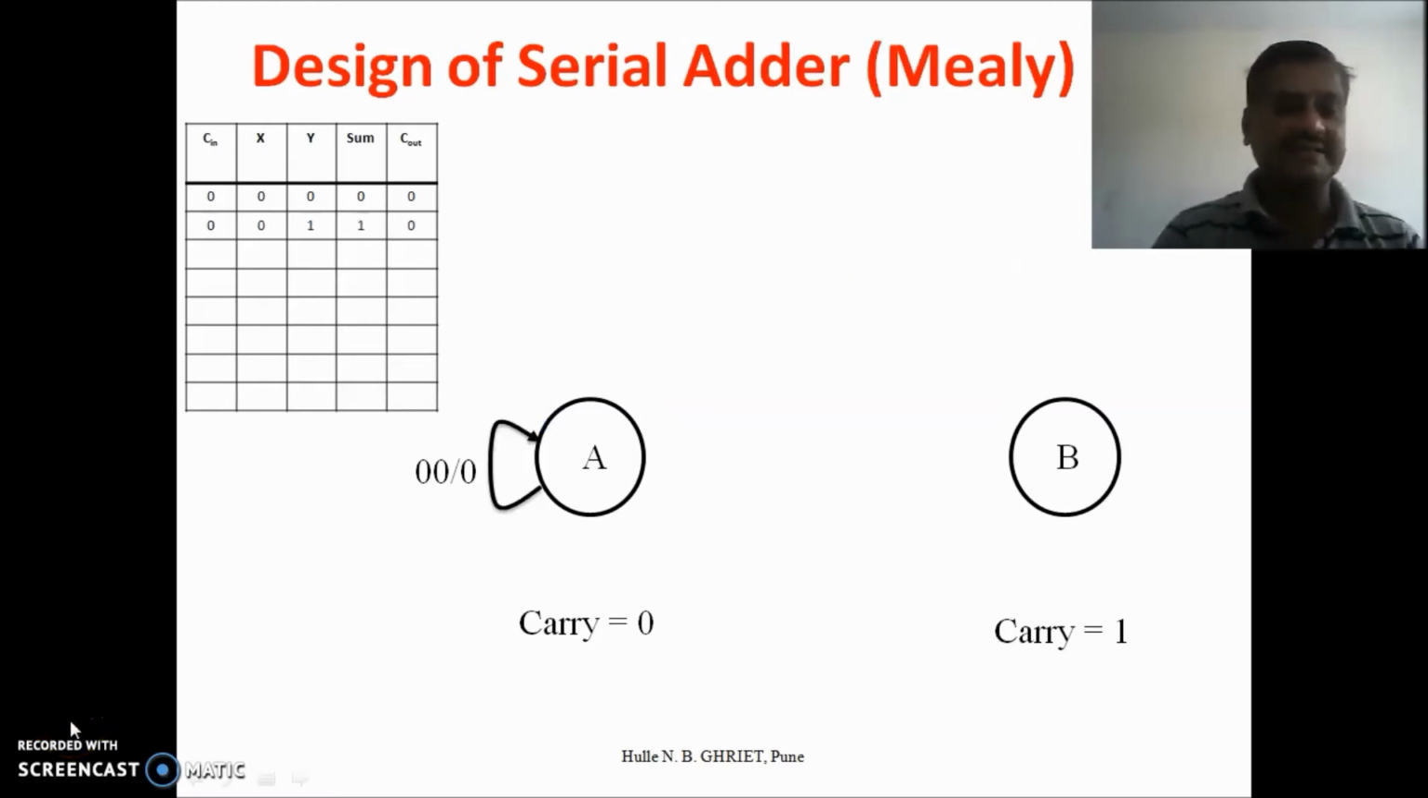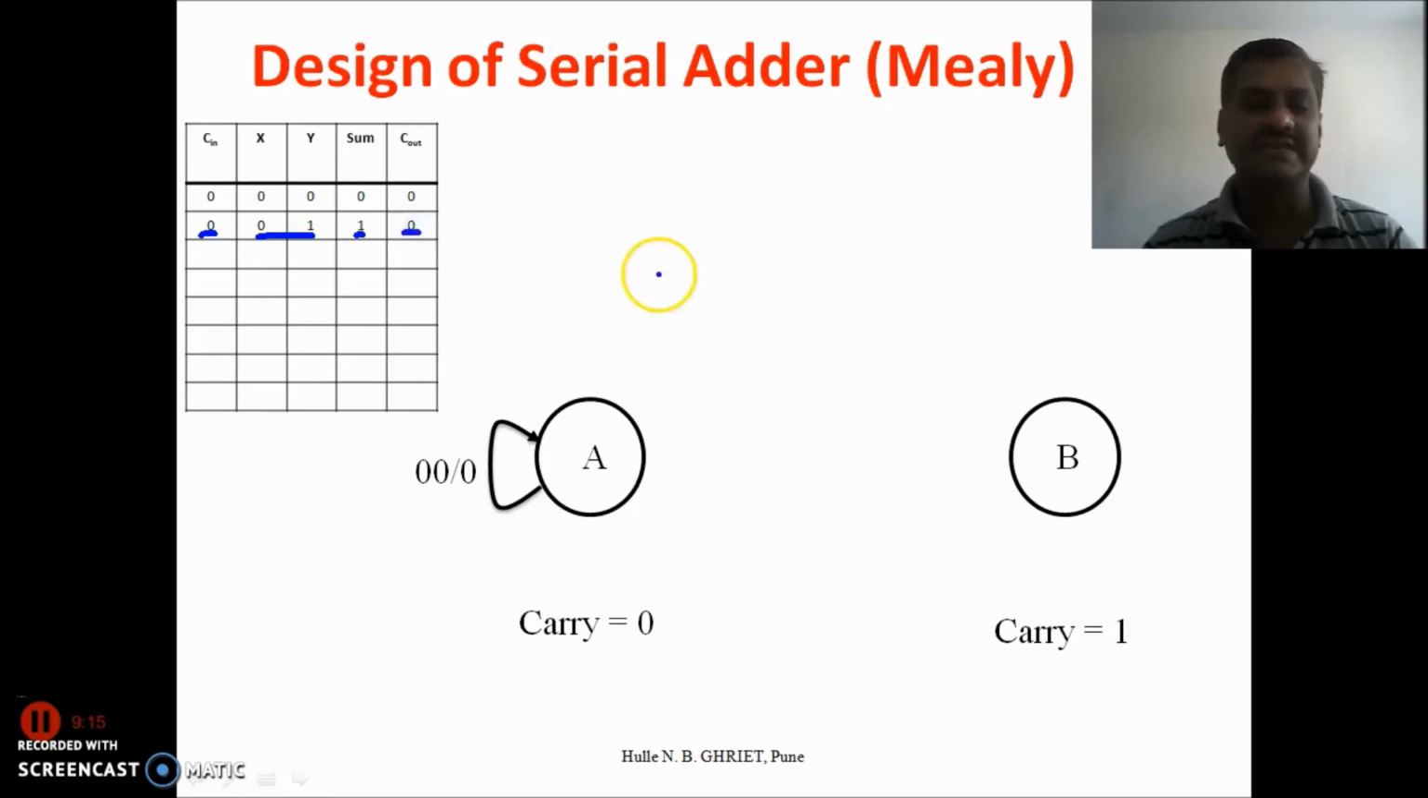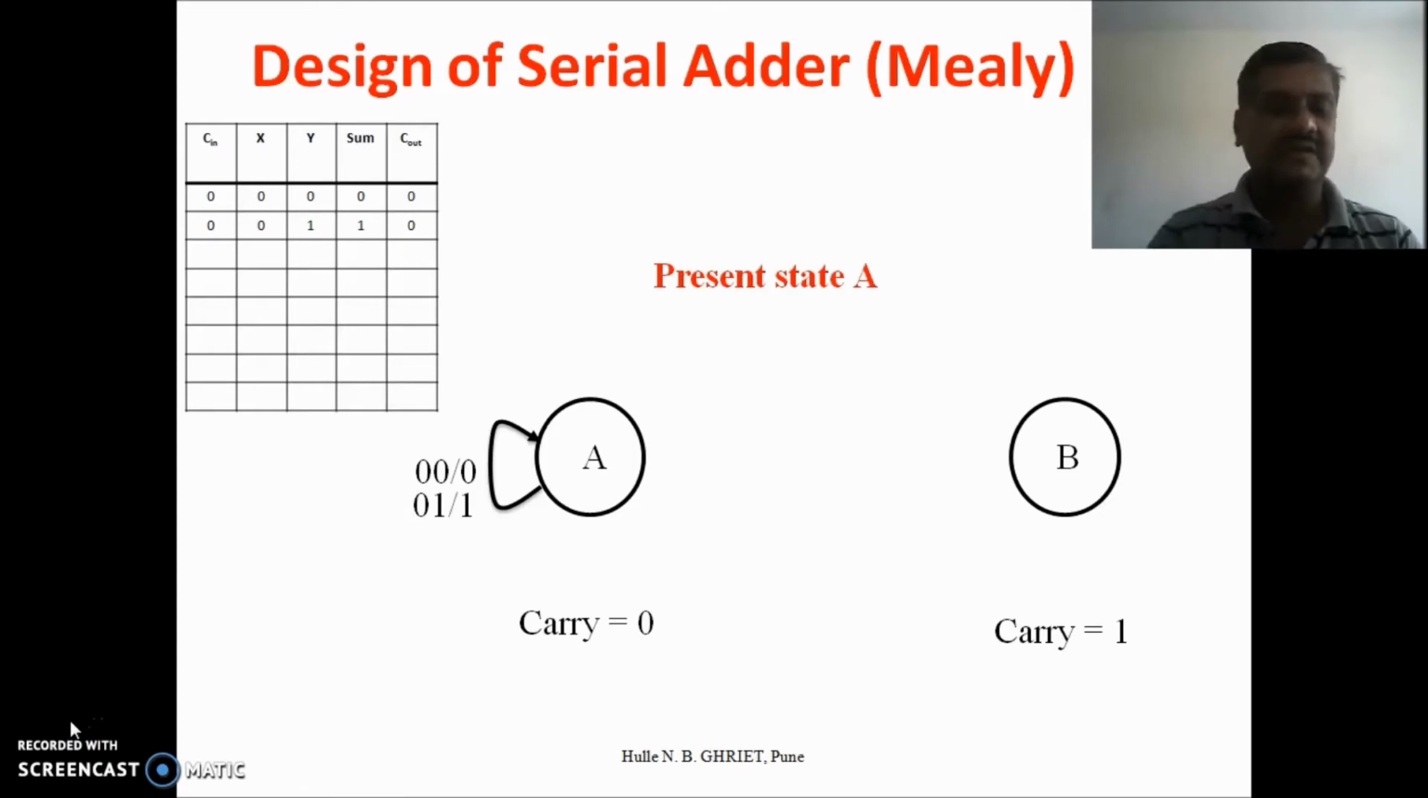Similarly, in the second case, the present state is 0, that is the A state. Inputs are 0 1. In that case the sum will be 0, and the next state will be 0, that is nothing but the A state. Now here the present state is A, inputs are 0 1, that is xy is 0 1. Output will be 1,